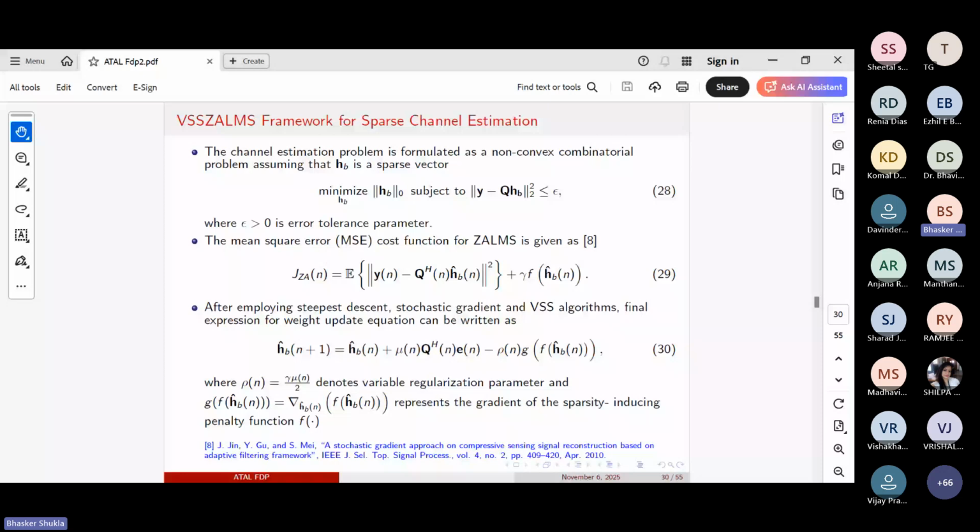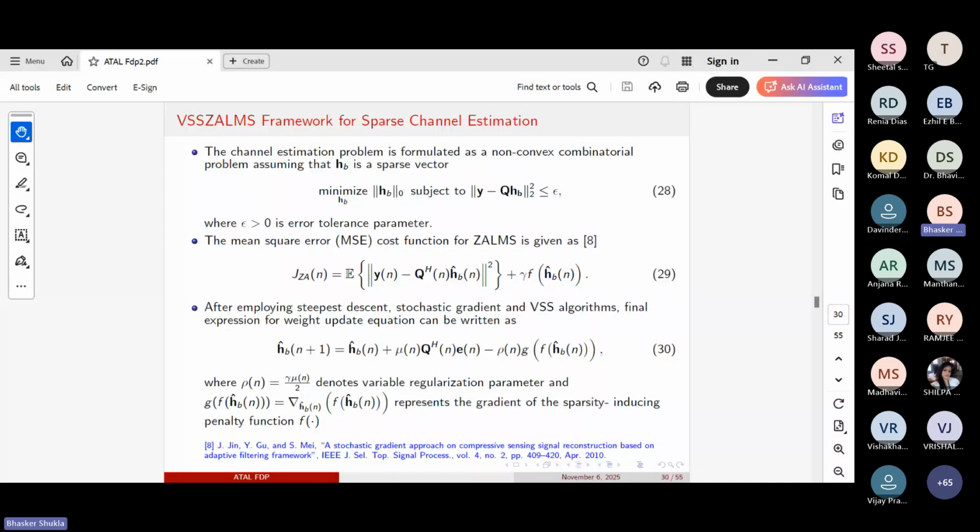As I have already said, millimeter wave or sub-terahertz channels are sparse in nature, because there are fewer paths compared to the number of transmit and receive antennas. So if we apply this penalty term, gamma times the L1 norm,